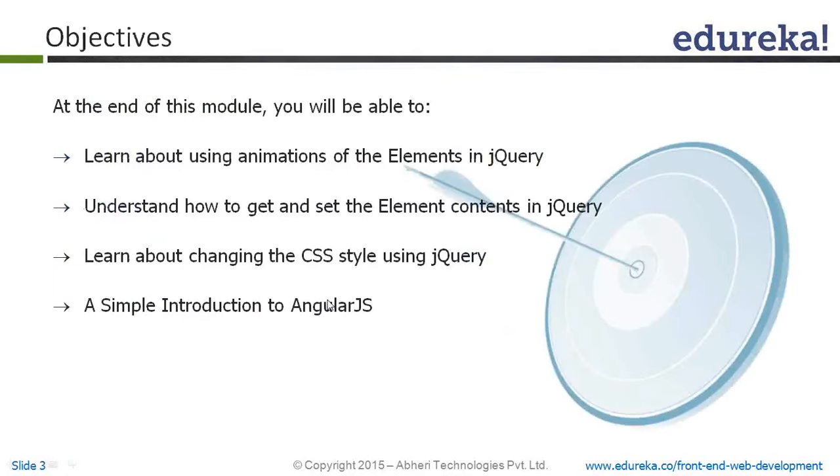At the end of this module, you'll be able to learn how to use the different functions that are available in jQuery, how to do the animations of the elements in jQuery, how to get and set elements and element contents. For example, if you have a paragraph, you have the paragraph content between the paragraph P start tag and P end tag. Whatever is in between that start tag and end tag is called content, as you know. How to get that content in jQuery, and also how to manipulate them on the DOM elements in the